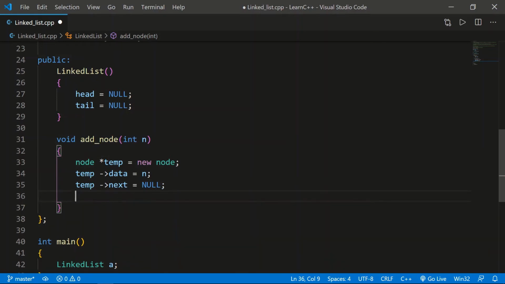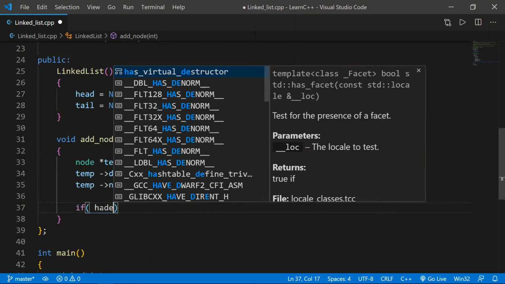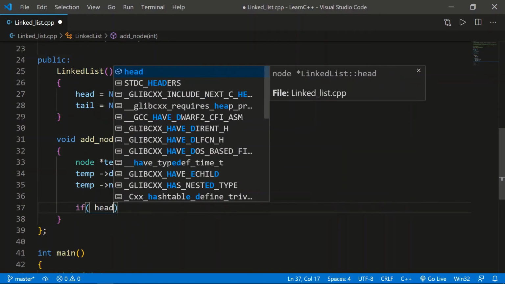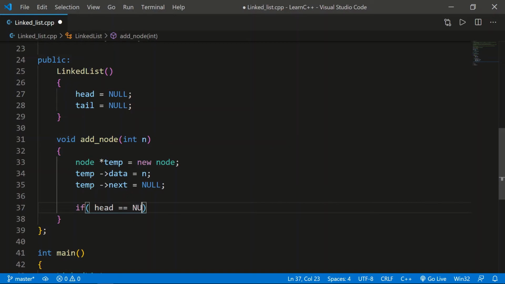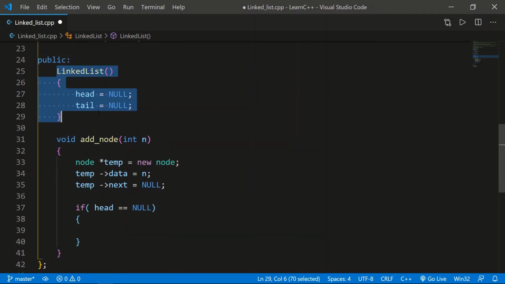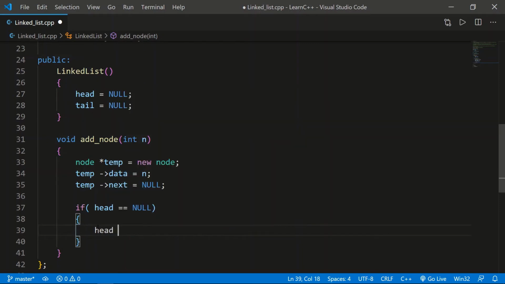Okay, now this is created. When we call this, it will be created. Now we'll write if and else conditions. If head is, okay, sorry for that, if head is equal to null, means whenever the head is null. You can see whenever no elements are added, for the first time the head is null, because we create a constructor and head is null. So when head is null, we'll put this temp that we just created, a node, inside the head. So now this head will contain this temp.